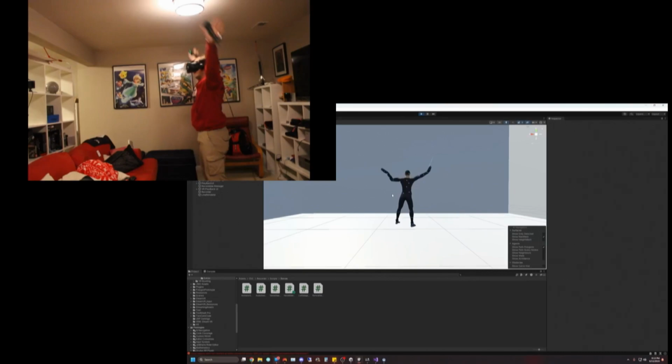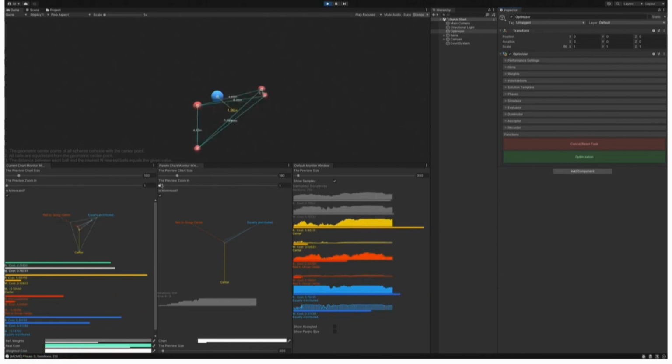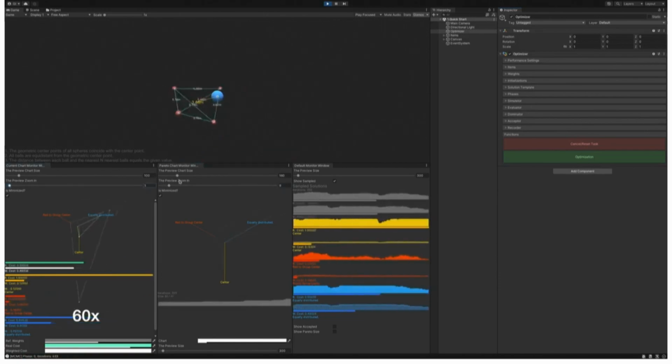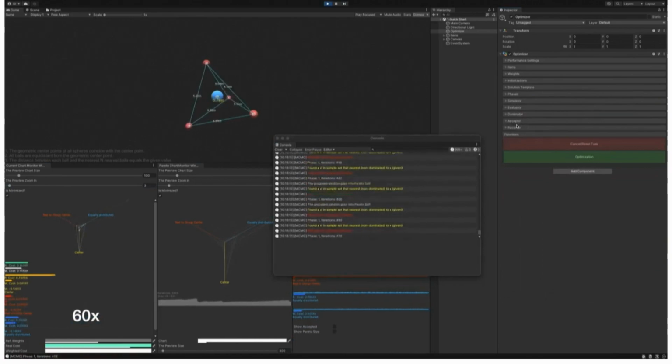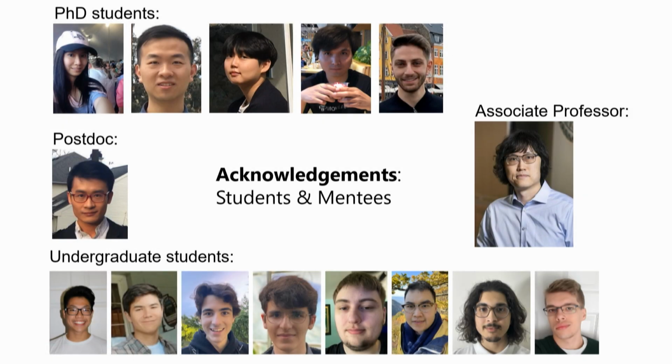The reason we do this is that we want to capture the data from the VR session. And after that, we can run optimization to modify a program. So we also have another tool called the MCMC optimizer, and it's also a Unity plugin. Based on the captured data, you will be able to formulate some optimization problem and use the MCMC optimizer, which has the algorithms implemented to achieve optimization within Unity. This is something we have released, and of course, it keeps improving.